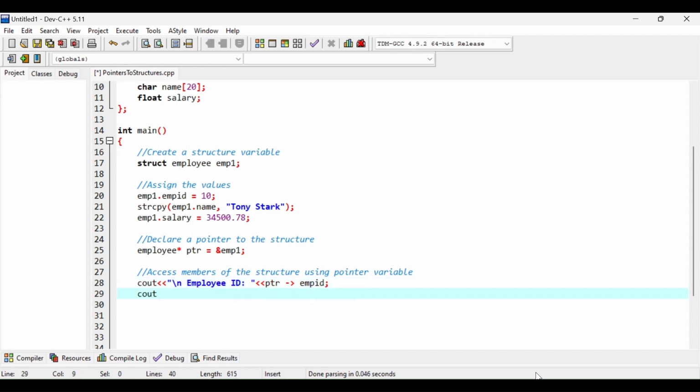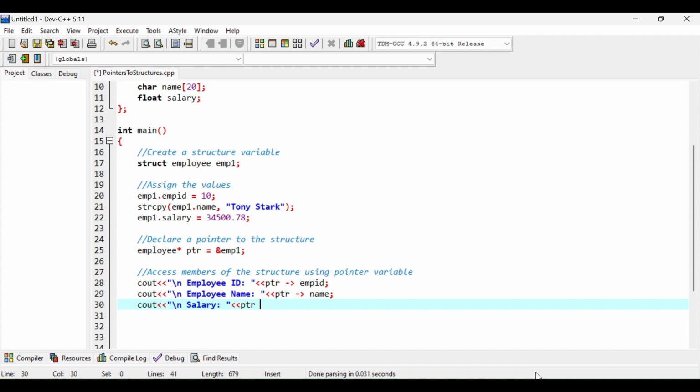Then in the next step we will mention \n employee name, and then ptr, again arrow operator, and then we will mention name, and finally we will display salary as \n salary, and then ptr arrow operator and salary.